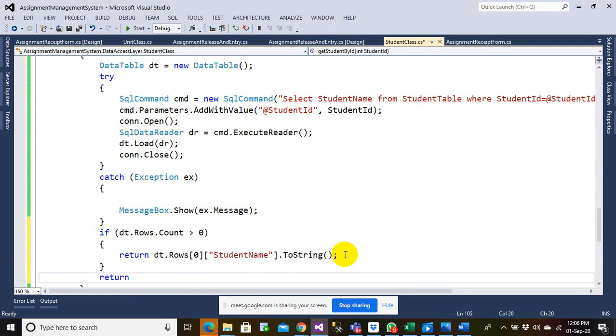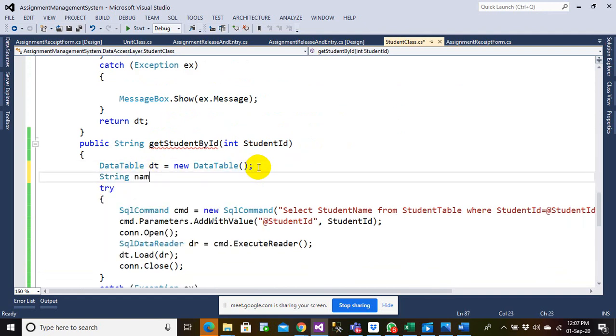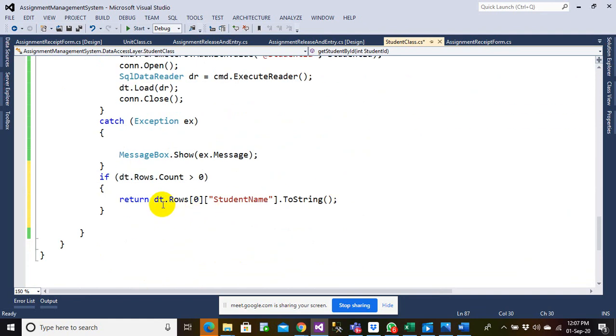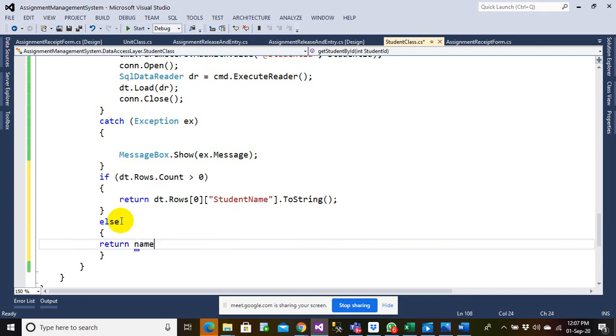I will return, else I will return nothing here. So let me just show it.